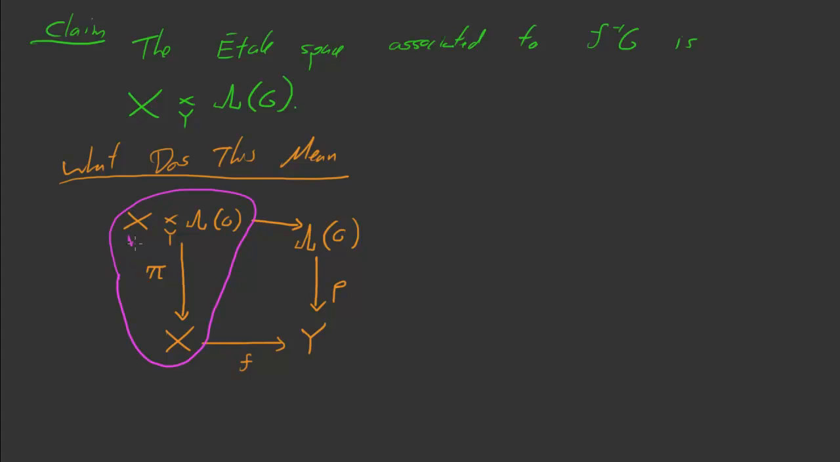What I'm claiming, sort of what we're claiming up here, is that this Etale space is associated to the pullback of F along G. And I guess by associated, I mean something like this. I mean that gamma of X over Y with lambda of G, the sheaf associated to that Etale space, is isomorphic to F inverse of G. Or alternatively,